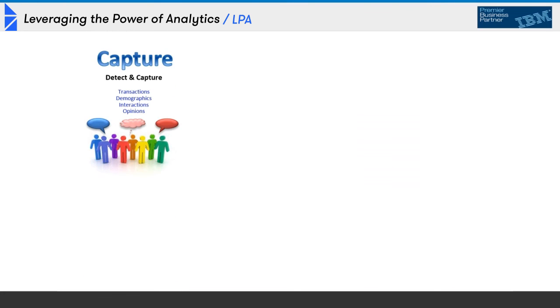So let's talk about enabling the predictive analytic process. First of all, you need data. And there's plenty of that to be had, specifically in the insurance business. You need to capture that data. You have a large volume of customer information, customer data, as well as your claim data, subrogation data, and all